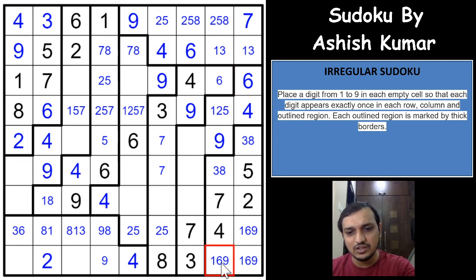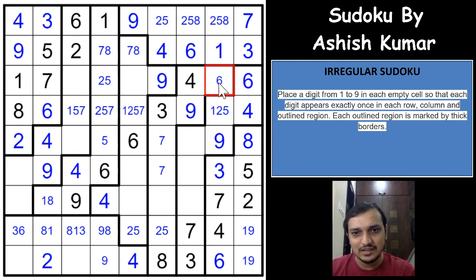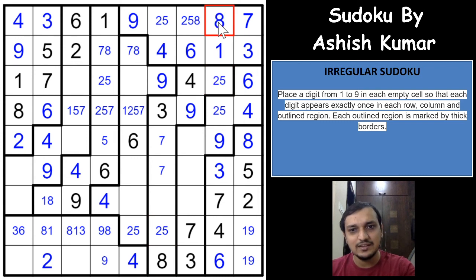And now in this region, 6 can only be here. That gives you a 6 here. That gives you a 1 and 9 pair here. That gives you a 3 here. Superb. A 1 here, an 8 here, a 3 here. And that eliminates 6 from here. So 1 can be eliminated from here, 1 cannot be here. So this cell will have to be 2, 5 and 8. And 8 is already here, so it has to be 2 and 5. Which means this has to be 8.